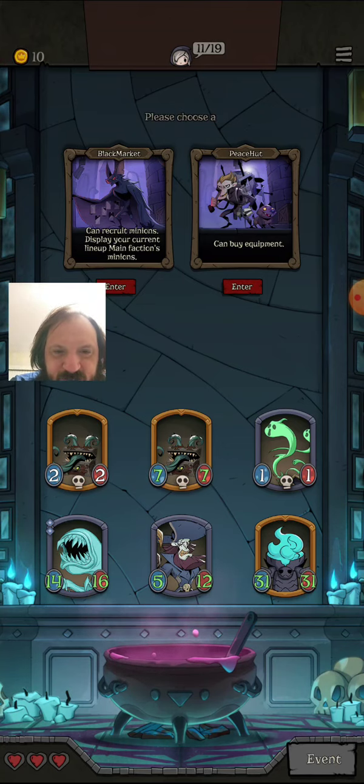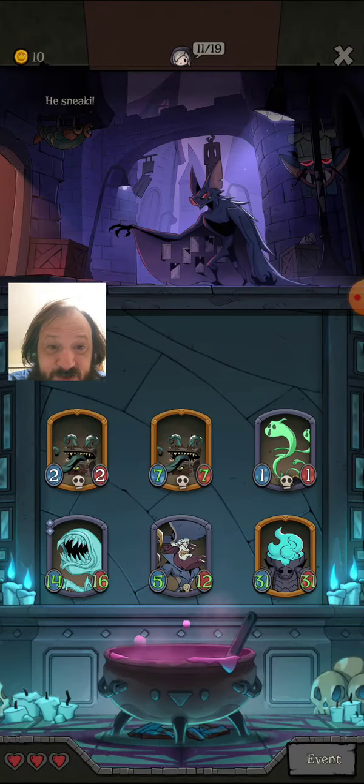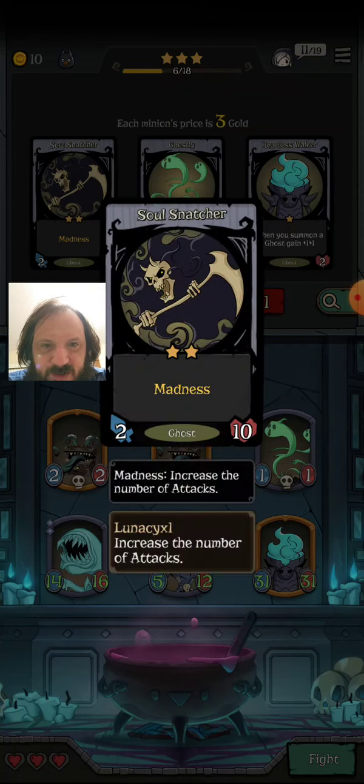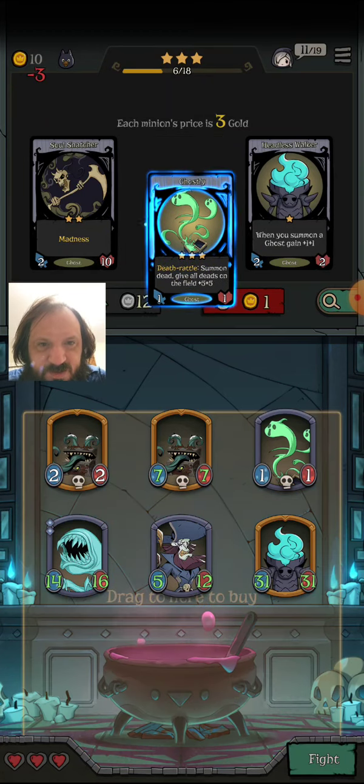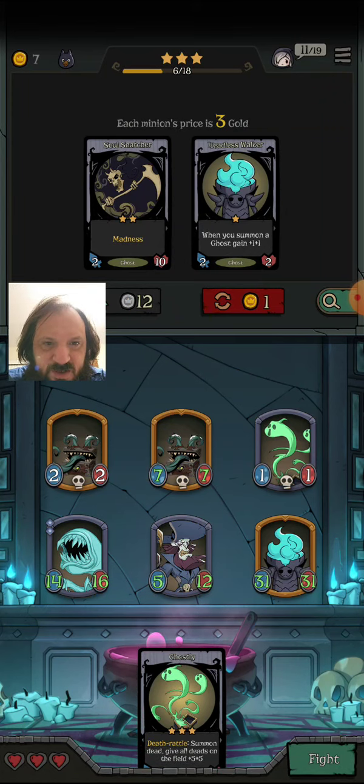That was kind of fun or whatever. Yeah, let's get a shop with only ghosts. Over here. All that honest seems and above board. Pretty reasonable. Oh, hi. Hi, Soul Snatcher. I've already seen you today. Sure, I can try to...